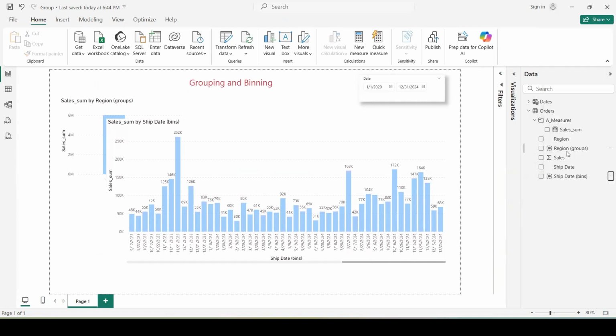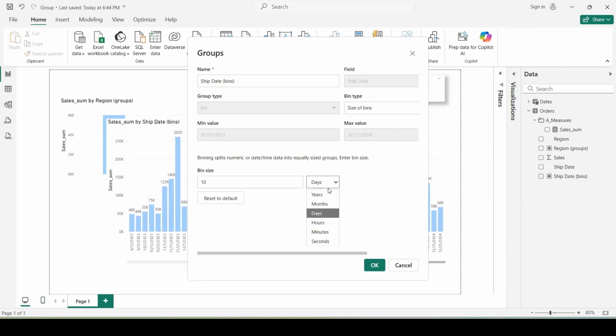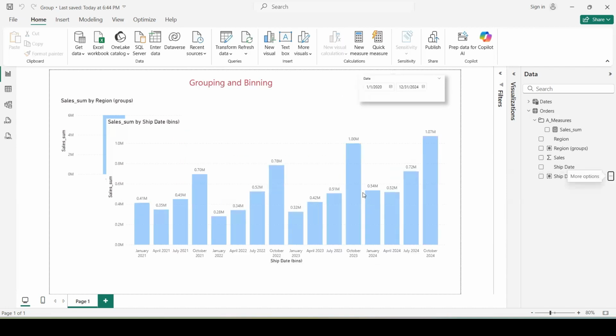If we go back and say edit groups and we want to change, for example, to months, if you have a time slot, you can also add that. It works with bins. So let's say months, and we want to see by each month, or let's say 3 months. We can click OK now, and we can see the data from January to August. So we have January, February, March, all grouped in one column. And then we have April to July. We have April, May, June, right? Another 3 months and so on.